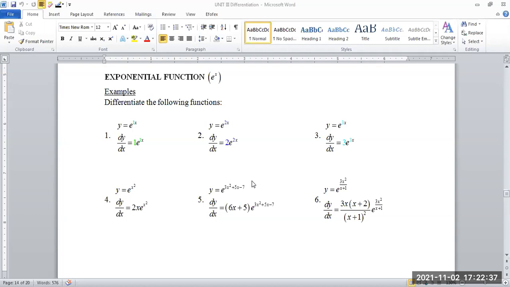Now, the exponential function. Sir, before you move on, this is going to be a part of the exam as well, the exponential function. No honey bunches. Okay, so before you end, just give me the topic that we're going to get.